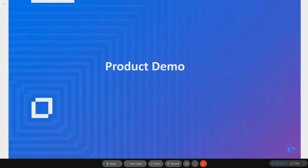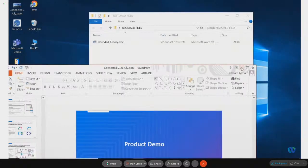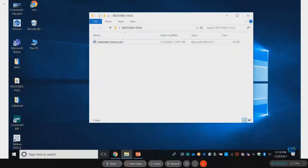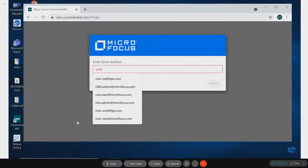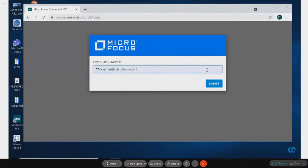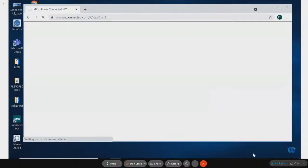So that's the end of our slide deck, and I wanted to take a couple of minutes and just run through a quick demo of the product so you can see what I'm talking about here. I'm going to go through it quickly, from two different perspectives. First, I'm going to log into the console as an administrator to show you some of the policy capabilities that we